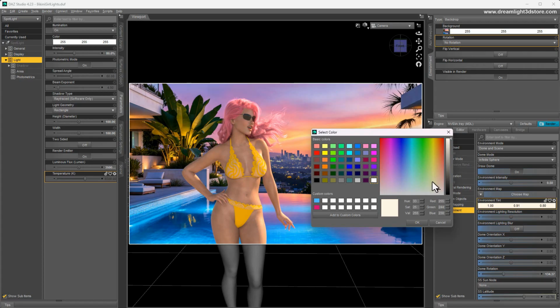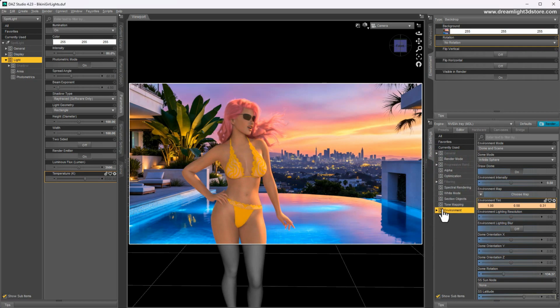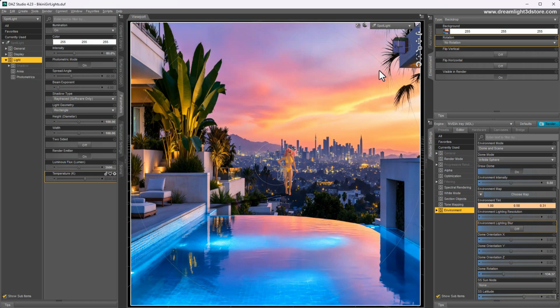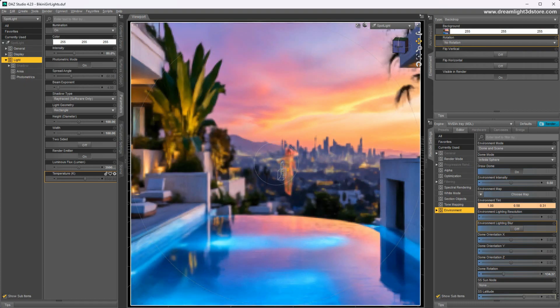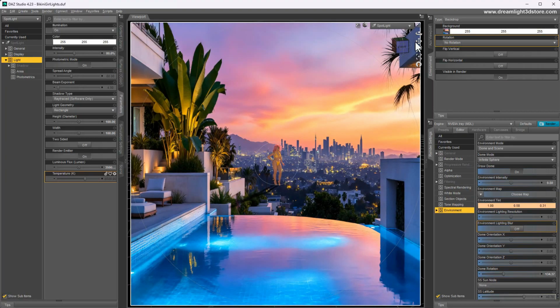Just use a warmer tint because we have sunshine. All right, more red tone. We're matching that. And then we're gonna use an effect light so that the spot that we added will no longer be used as a filler. Instead, we're gonna be using an effect light from the side